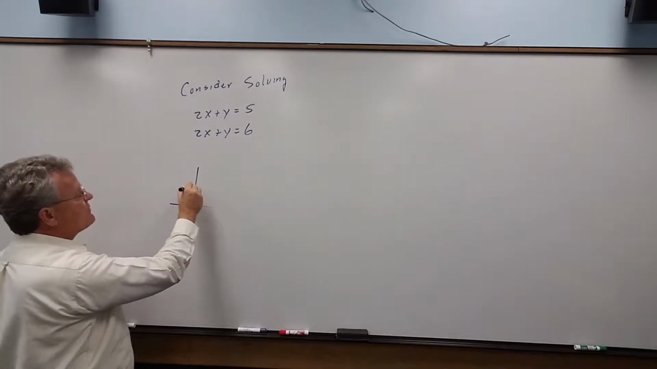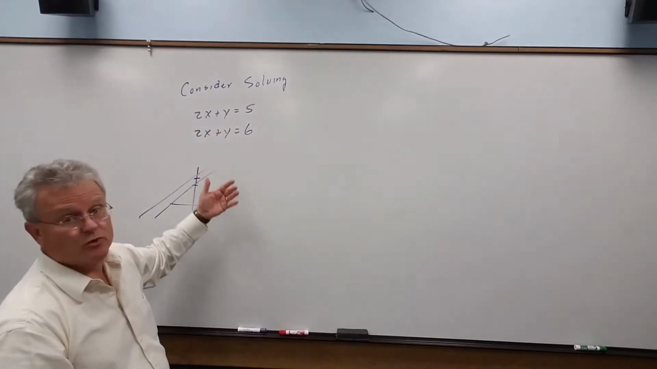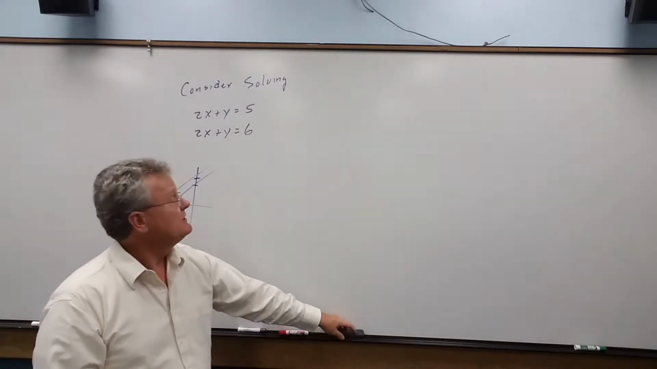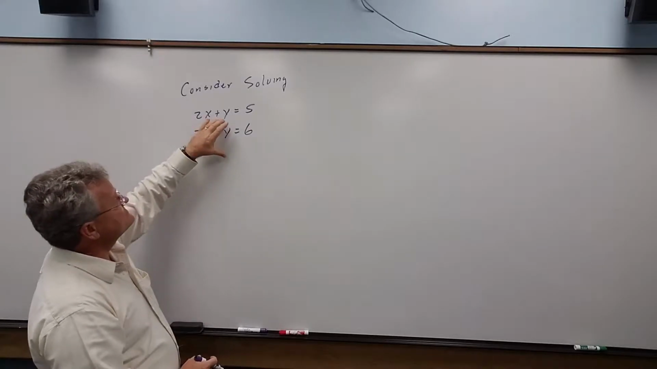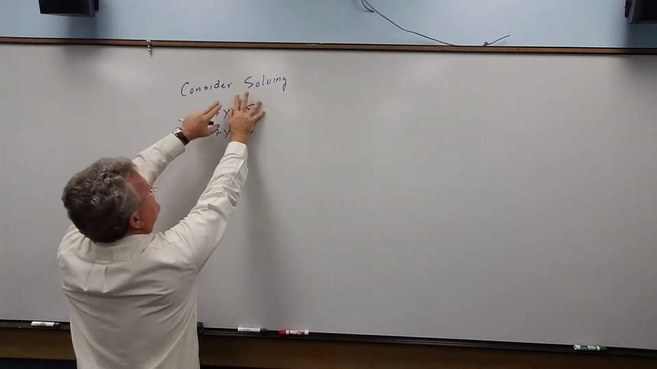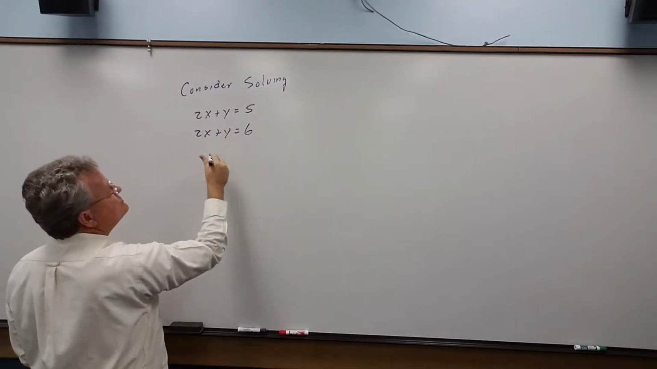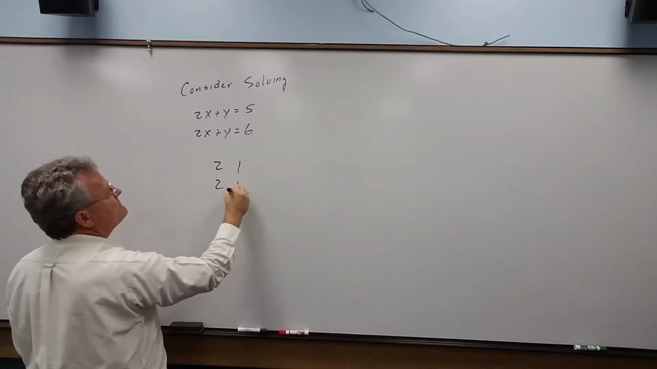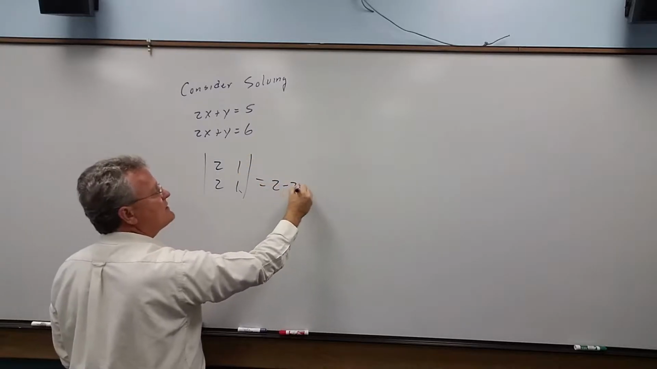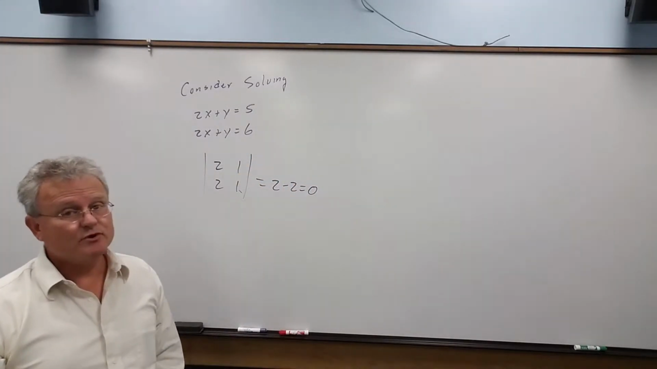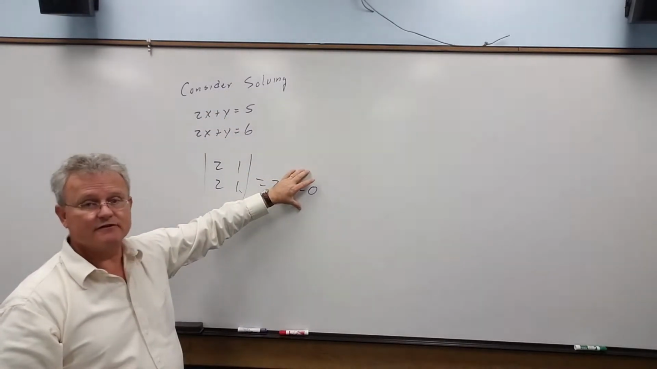And if we were to graph those, we would end up with parallel lines, yeah? They never intersect, which means there's no solution to the system of equations. So notice now if I calculate the determinant of the variable part of this equation, the determinant is 2, 1, 2, 1. And when we calculate this, this is 2 minus 2, we end up with 0. So when we end up with 0, what that's telling us is our system of equations has no